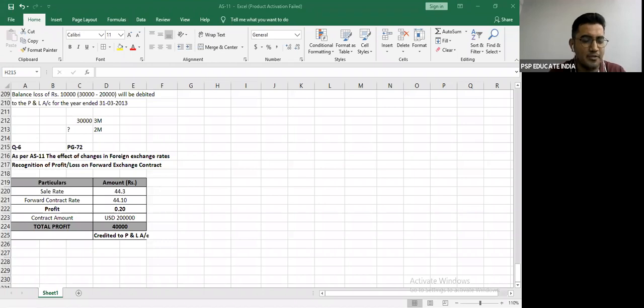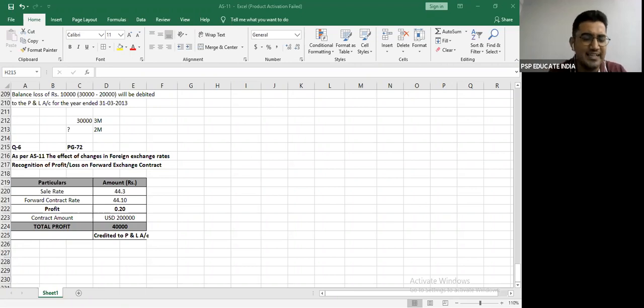Please understand what happens. Suppose I purchase some asset outside India, which means I have to pay. Whenever I have to pay, I cannot pay in INR, I want USD. If I had to pay in INR, there was no problem, because the value of INR does not change in India, but the value of the US dollar changes in India. So because I have to pay in USD, I first have to buy USD, and I will have to buy at the market rate, which is going to increase.